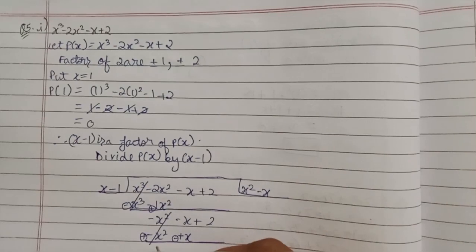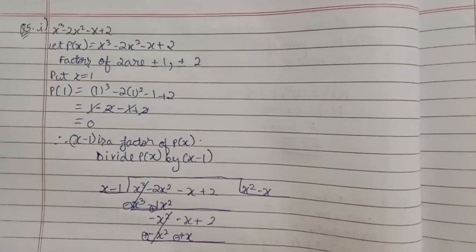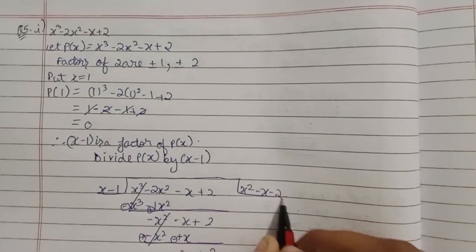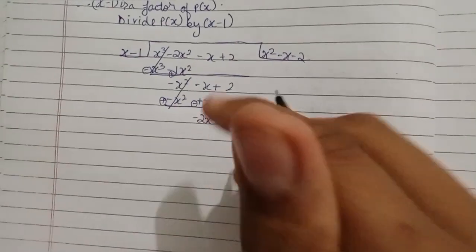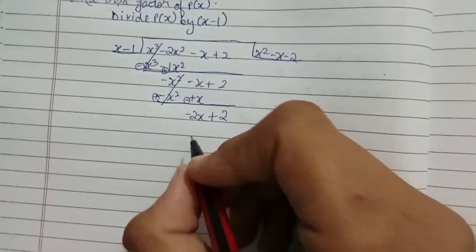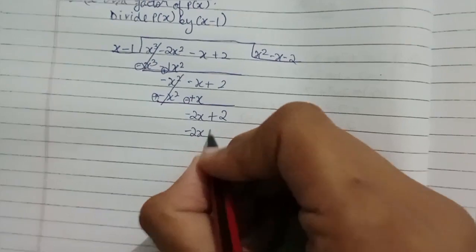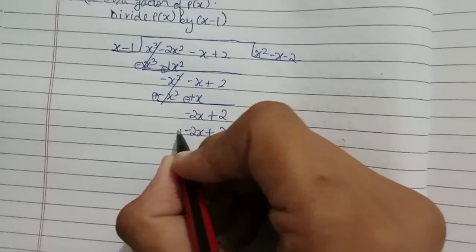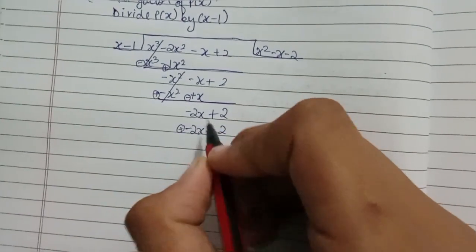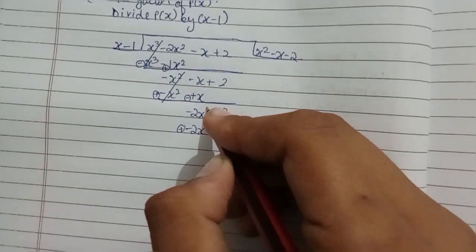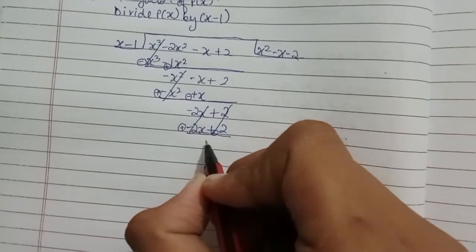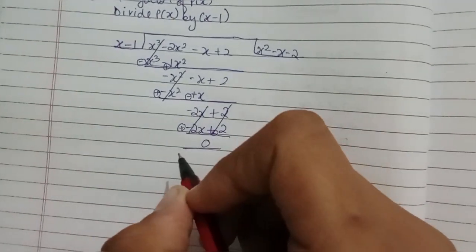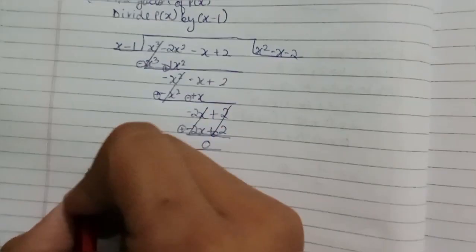Here x square will be cut with the x square, and we will be left with minus 2x plus 2, and now here we will write 2. Now here we will write minus 2x plus 2. Here the sign will change, here it will be plus and here will be minus. Now here minus 2x will be cut with 2x and plus 2 will be cut with minus 2 and we will be left with 0. So now we will apply the formula, which is